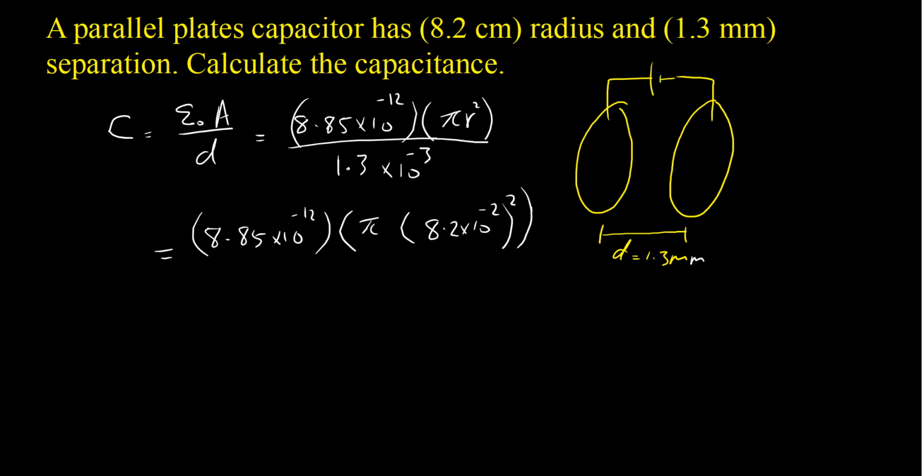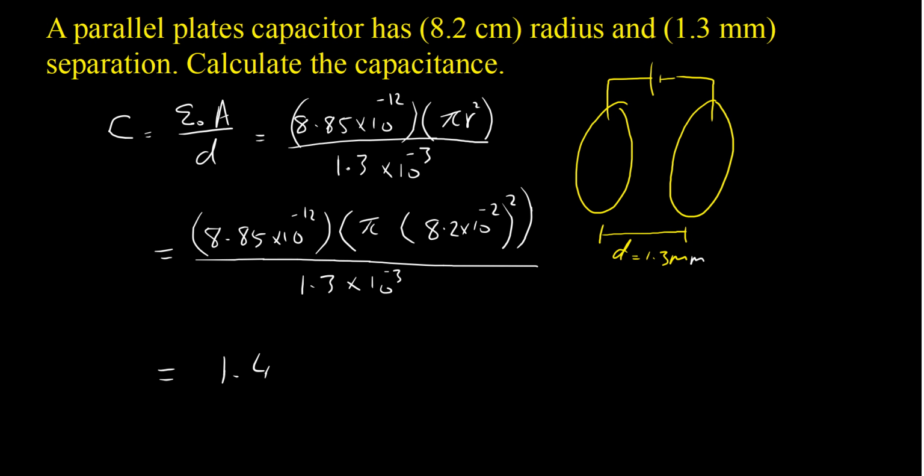So I convert it to meter first, then square the whole thing, divided by 1.3 times 10 to the power minus 3. Now, simply if we just do the calculation of this one, okay, that will give us